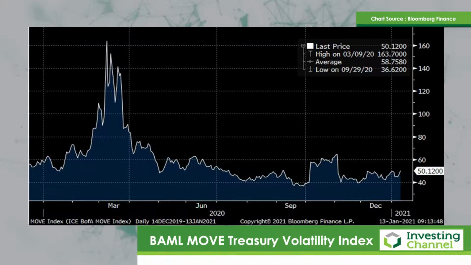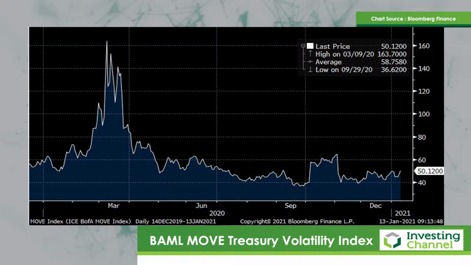So how has this played out in terms of volatility indices? I think that's an important point. My fourth chart on that front is the Bank of America Merrill Lynch MOVE Treasury Volatility Index. And I think the remarkable thing is, as much as we've seen some quite sharp moves up in yields and steeper in curve terms in the US, both at the front and in the longer end, what we're also not seeing is a big move higher in volatility, certainly not in the same sort of way that we had in